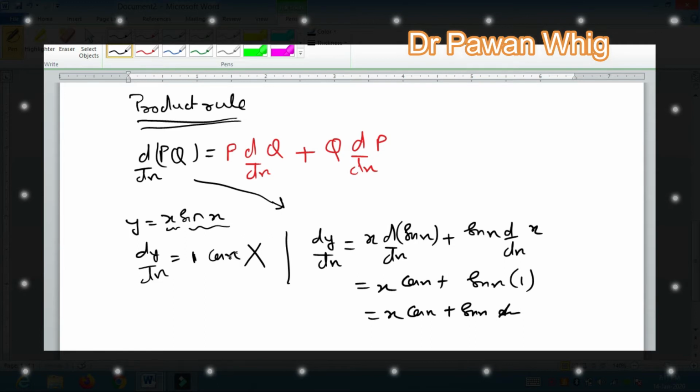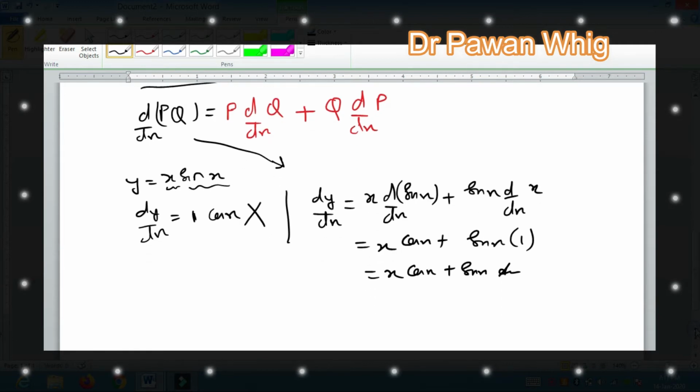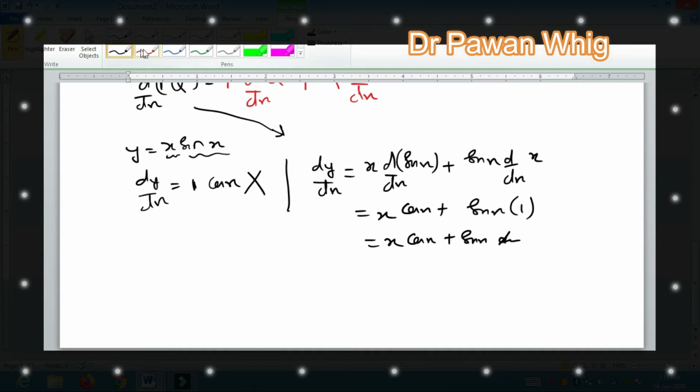Okay, for the sake of convenience, I'll give you one more question, e^x log x. Now let us suppose we have to differentiate this. Since there are two functions which are in product, we have to apply the product rule. We need not write the product rule each and every time. You just do it like this.